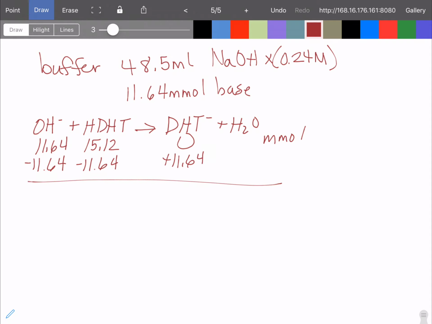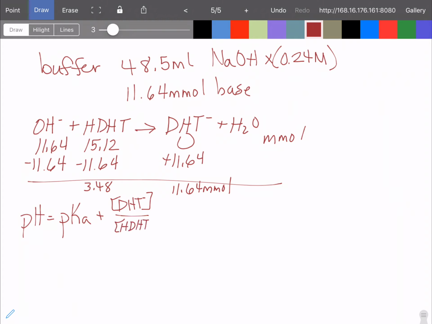So when we're done, we're going to have 3.48 millimoles of the weak acid, and we're going to have 11.64 millimoles of the conjugate base. So pH is equal to the pKa, because this is a buffer, plus the log of the conjugate, which is DHT minus, over